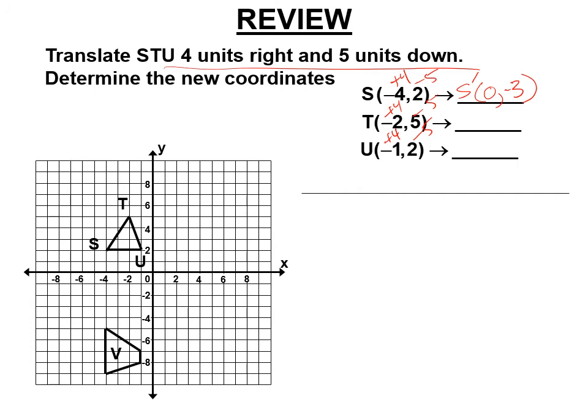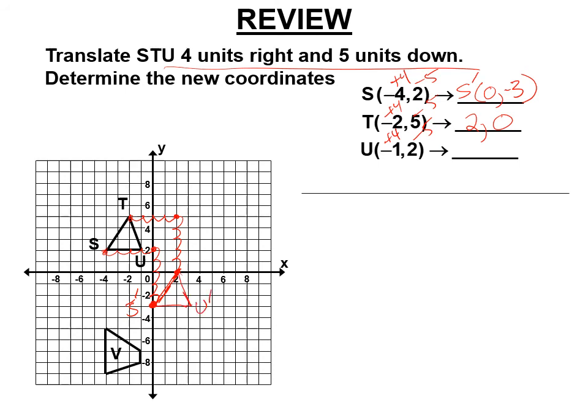Let's see that. S is at -4, 2, and we're going to go 4 units right: 1, 2, 3, 4, and 5 units down: 1, 2, 3, 4, 5. 0, -3. We're there. That's S prime. Okay, T should be at 2 and 0. So T, we're going 4 units right, 1, 2, 3, 4, and 5 units down, 1, 2, 3, 4, 5, yes, and there's T prime, and it's the same exact